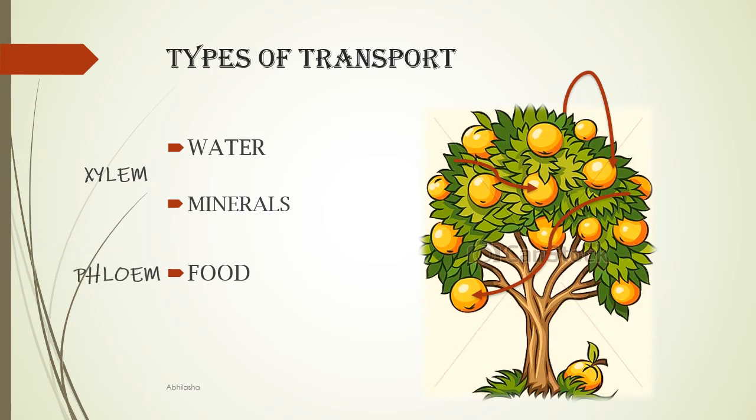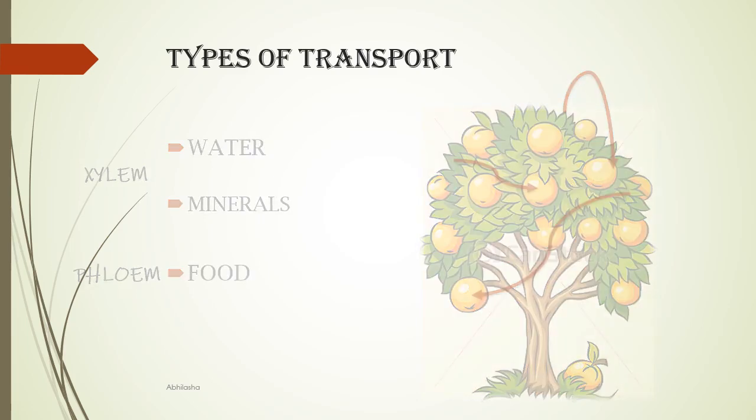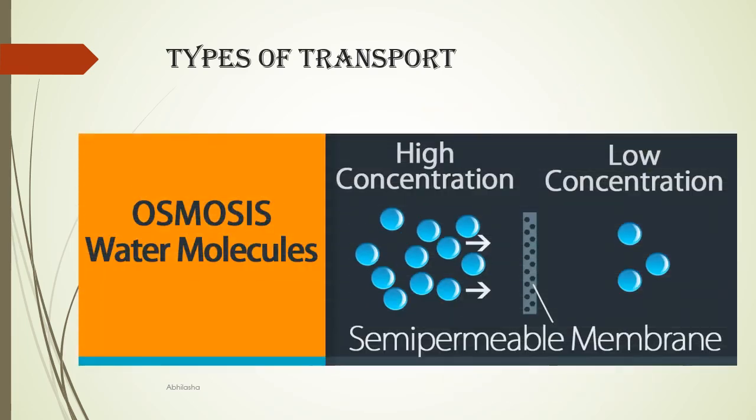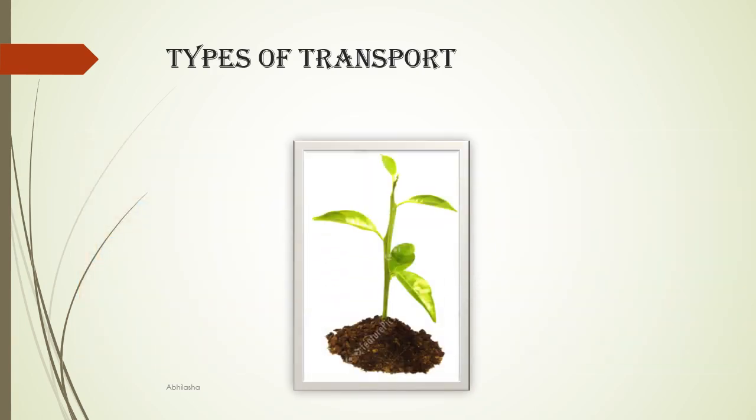Now in plants, energy requirement is not much since the organs are simpler and they do not move. So even a slow transport process will do. In class 9 we studied about osmosis, in which water moves along concentration gradient. This does not require energy, it is a passive process and a slow one. So if the plant is small, this will do. Osmosis will transport water to the tip of small plant.